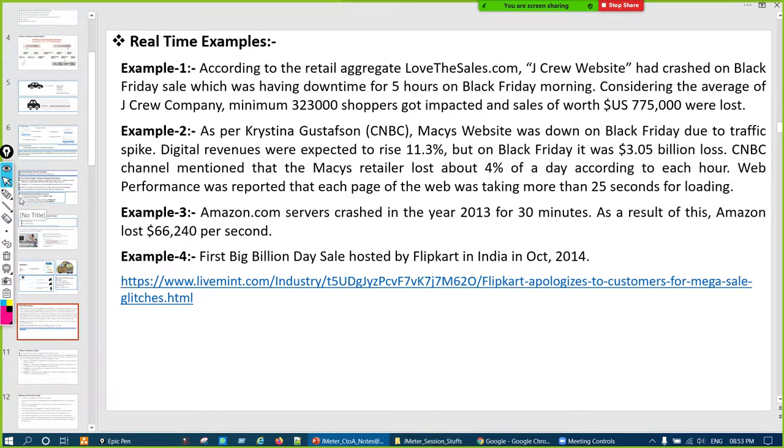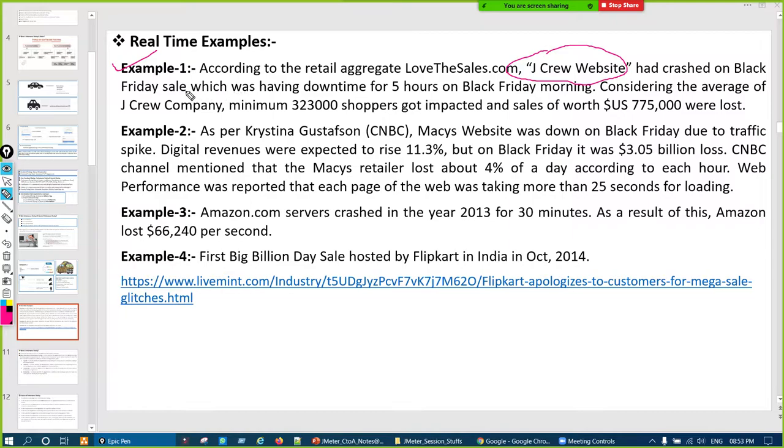Now some real-time examples. Example number one: one website is there, I think from the USA, the JCrew website. Generally they used to host a Black Friday sale, like how in India we have the Big Billion Day sale.